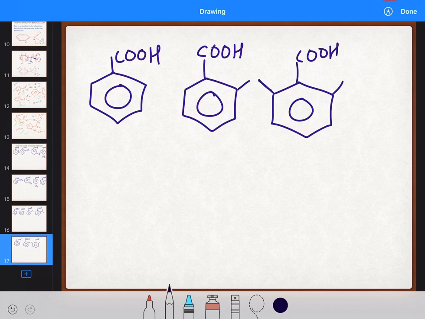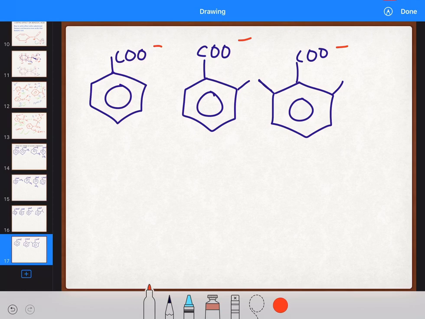Now what will you do? At first apply all the basic effects. Before that, remove the H. Do not forget to remove H. Okay, remove H. Apply negative charge, negative charge, negative charge. Now we have to compare the stability of the anion. That will decide the acidic strength, correct.